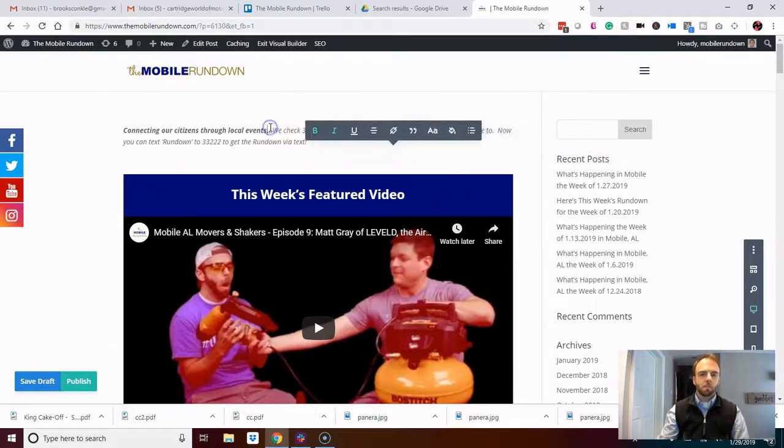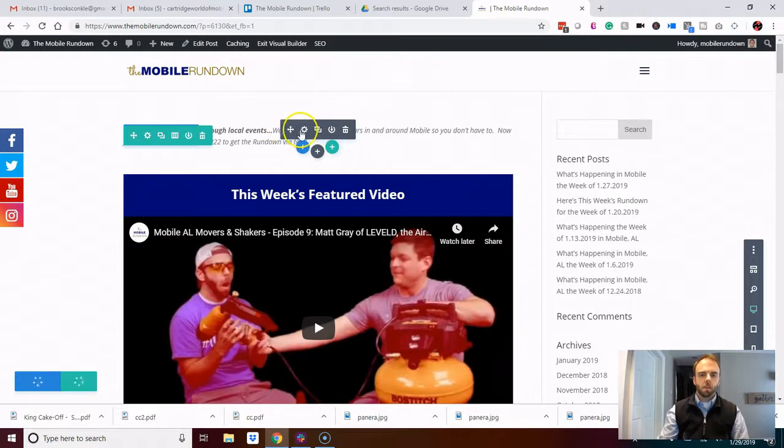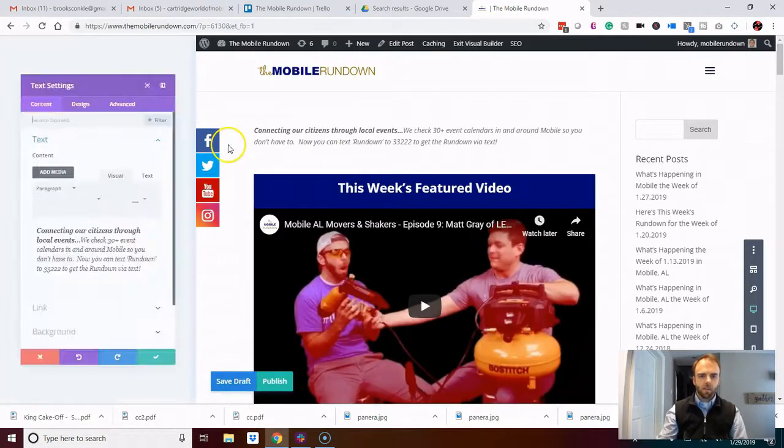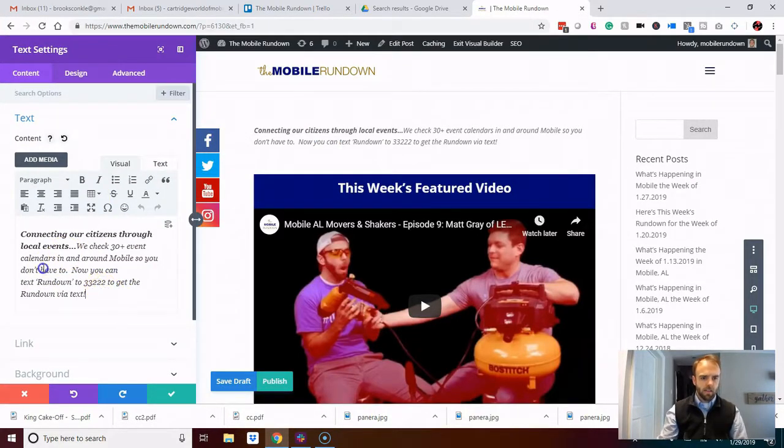But to get more precise, what I would recommend doing is when you hover over it and you see the gray, you hit the gear button. So anytime you want to edit whatever section you're in, you hit the gear button. And what it's going to do is it's going to pop it up, right? So this is the exact same text that you just saw up here, but it's easier to make the edits